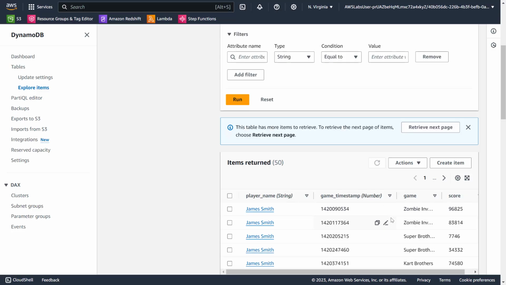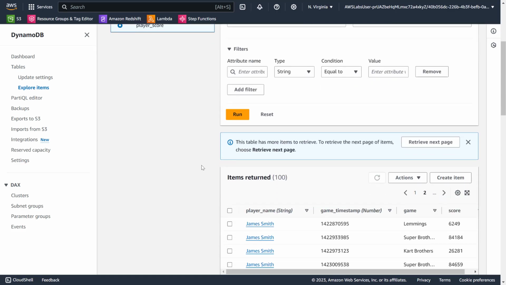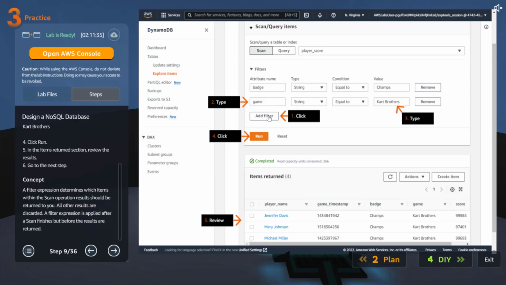I don't see a badge. That is weird. Okay, that's fine. They put it as Card Brothers.